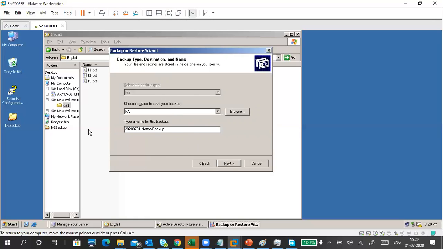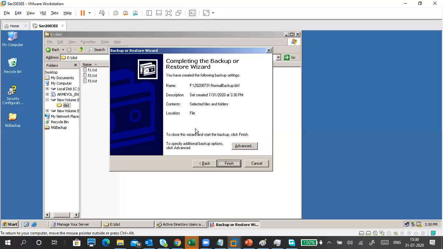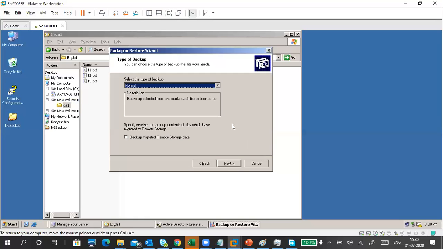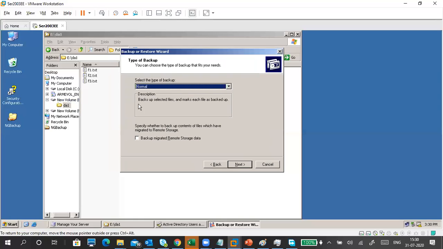Where do you want to store? This is the actual location. E drive is the data content. F drive is the backup location. So I put F drive only. Next. Now it is asking for advanced. Click on advanced. Now you can read it. So what is a normal backup? Backup selected files and mark each file as backed up.